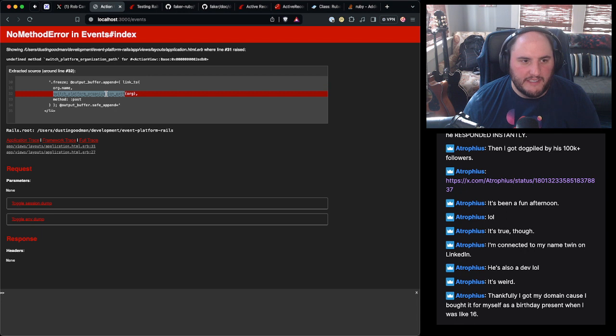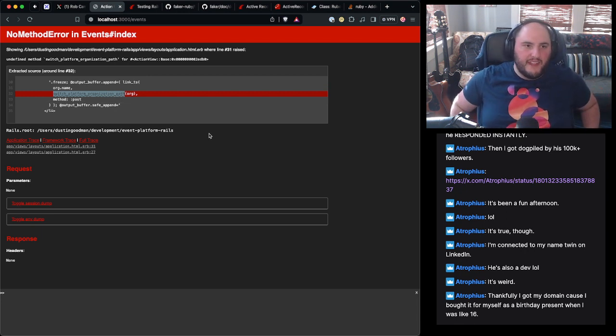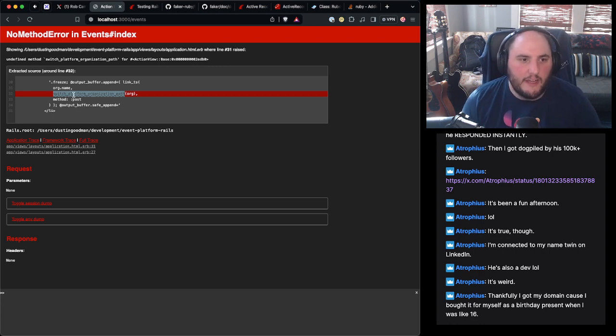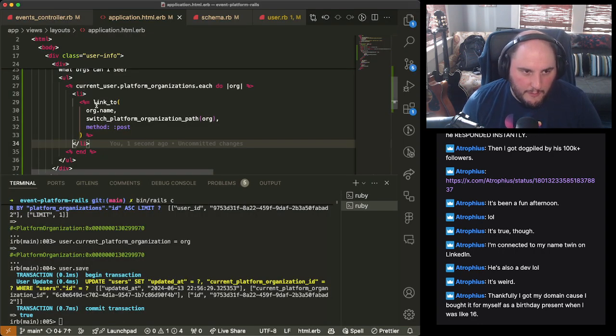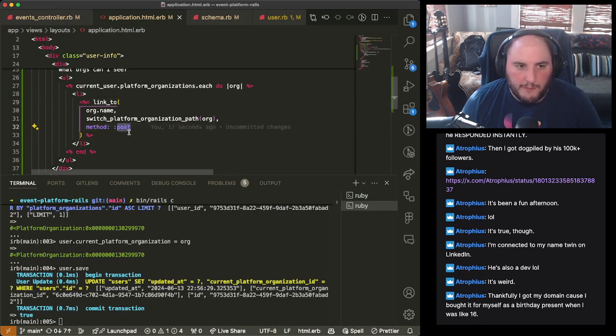And it's not working because of this switch thing. But effectively, what this is allowing me to do from Ruby's perspective is I could do a post method that says, hey, for this organization, go ahead and post a request to this URI and handle it.